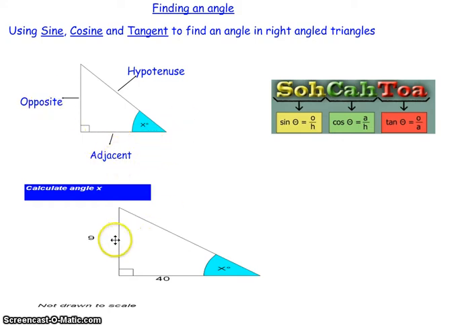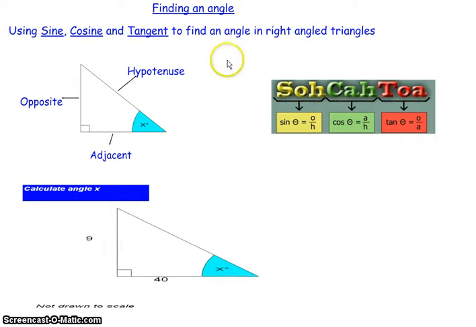So let us label this triangle. Label the sides that are given. So in this case, we have the adjacent side, and also we have the side opposite the angle, which is the opposite side. So once we label our triangle, we need to look at SOHCAHTOA here and see which one of them has O and A in it. And by looking, we see that tangent has O and A in it, so we're going to find the tangent of the angle x. So we write tan x